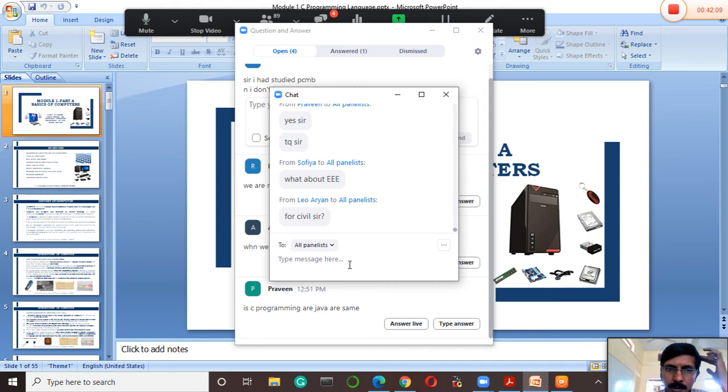For civil, C language will help you for CAD labs, for designing labs. Civil department students, you will be going with designing parts, right? Designing houses, taking material samples and finding the quality of them. In order to get all these things done, there are some softwares. Using that software, you people will be working on those labs. So in order to do that work in that lab, you require the basics of C language.